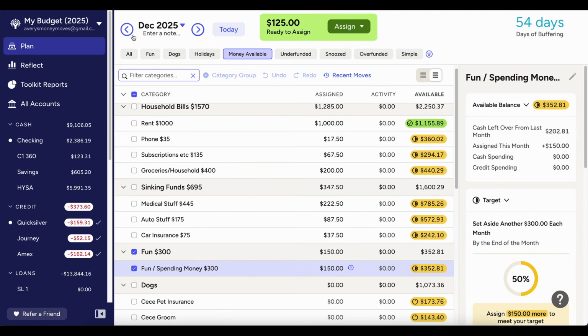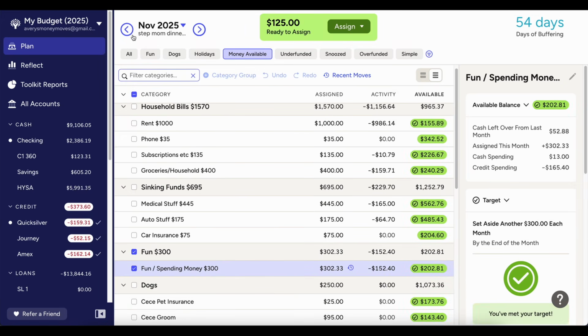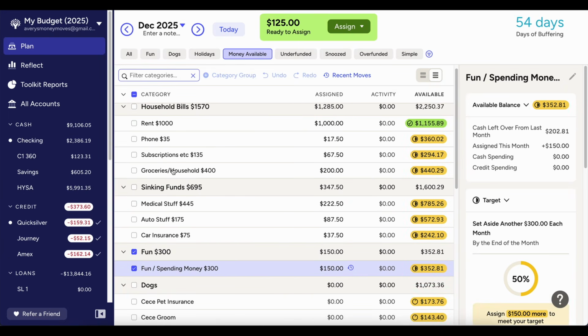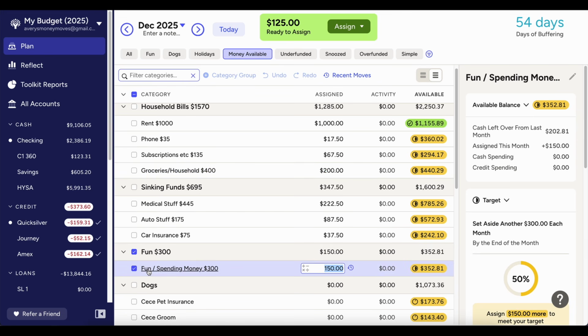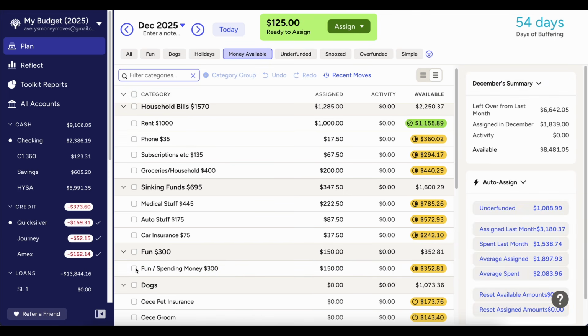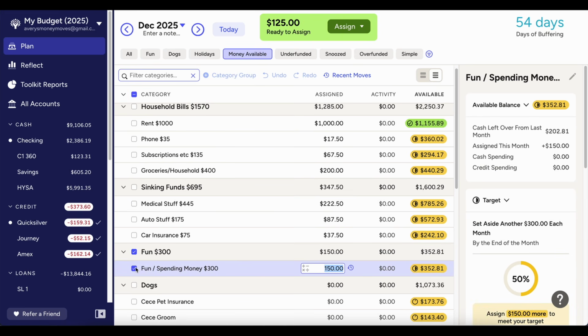And since it's the holidays, I feel like I'm not spending as much money on food because there's more food related events in the holidays. So it's very likely that I might have money left over in these categories that I could put towards Christmas. And then same thing for fun and spending, because other things are happening during these last 2 months of the year. I probably won't be spending as much money from there. I have the ability to tell myself, yes, I don't need to spend money on that because I want to take this money and actually put it towards Christmas. You see what I'm saying?